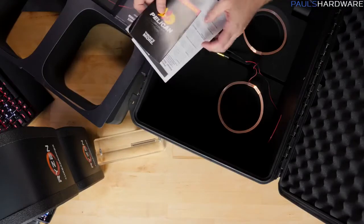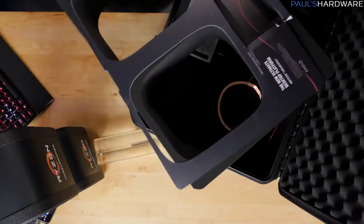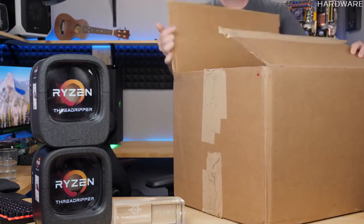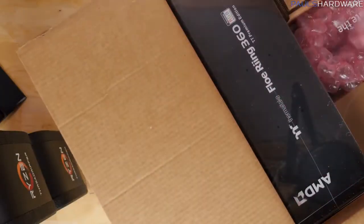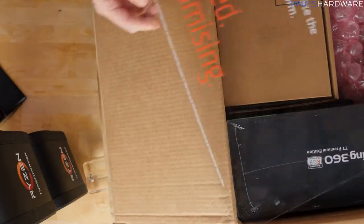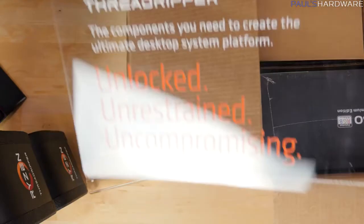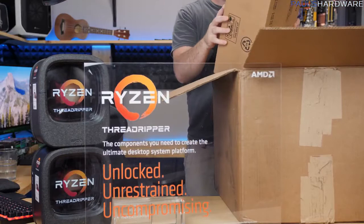It does appear to be all that we have inside this box, apart from more information about the Pelican case. Hey, it's a Pelican case too. That's pretty sweet. Pelican cases are nice. Let's get box 2 going up here. And again, we have, well, no Pelican case in here, but again we have Ryzen presentation going on. AMD did some extra work on this. They have this insert that goes in there with more unlocked, unrestrained, uncompromising. Alright, so it's a bunch of